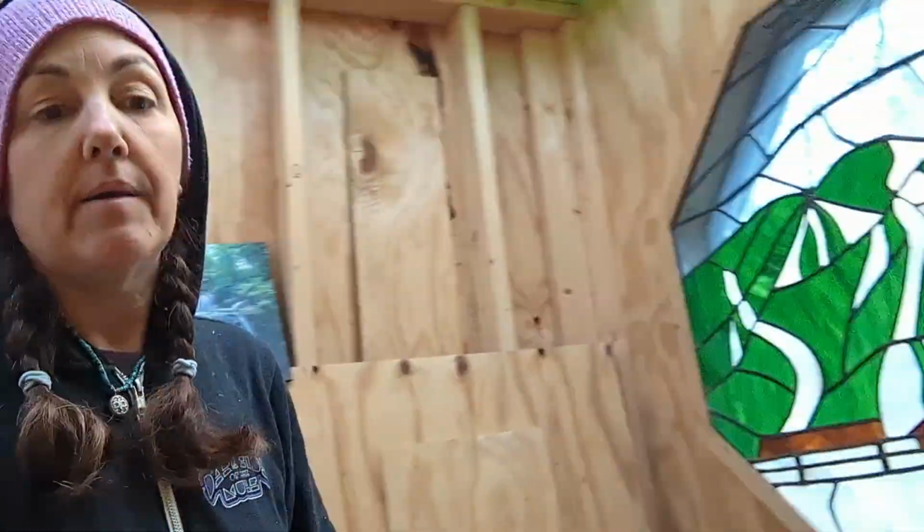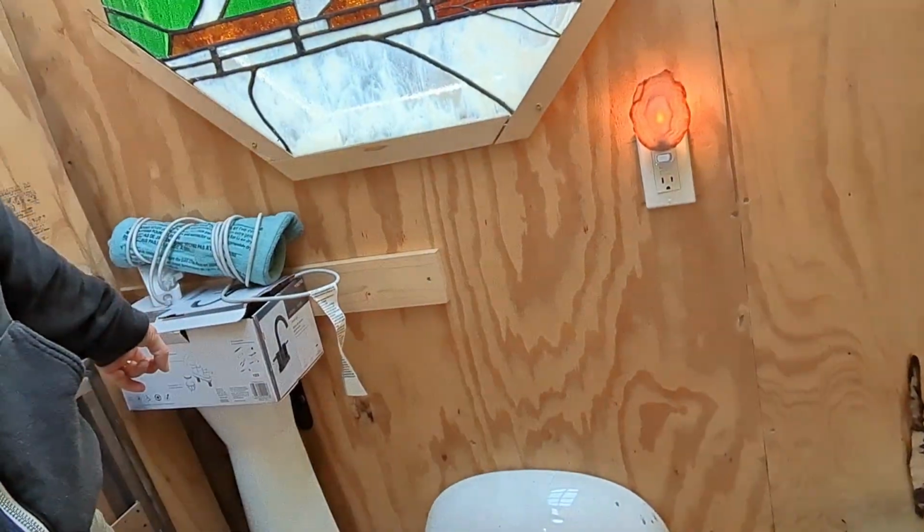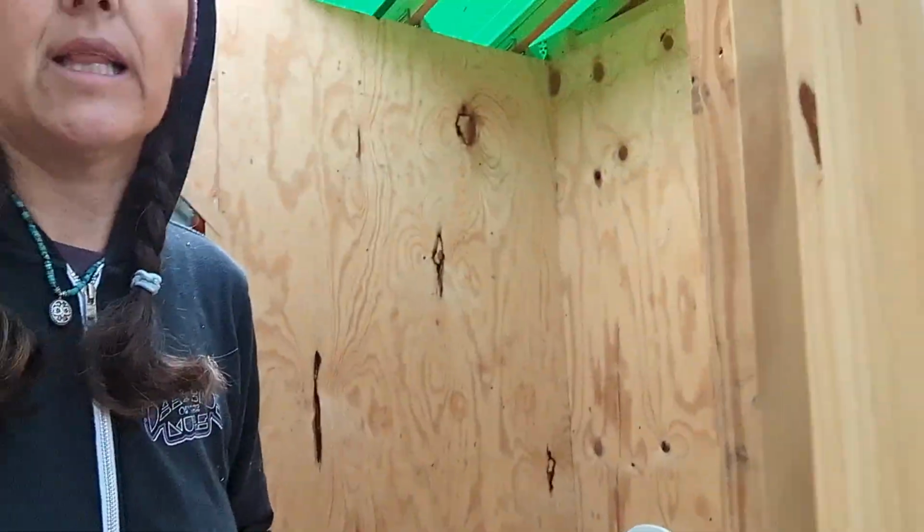We PEXed the whole bathhouse before we finished insulating it and enclosing it. So we've got PEX lines. You can't even see them. They're buried in the walls here. One line will come out here at this pedestal sink. Our urinal will actually, like I said, feed into the gray water system. And then